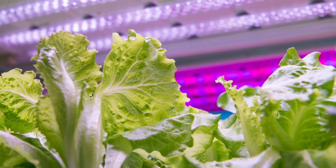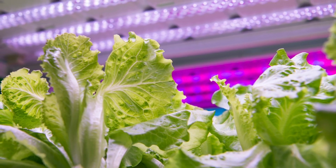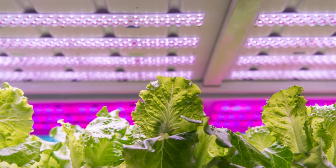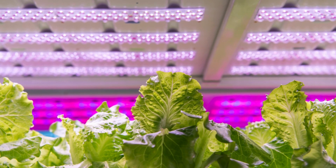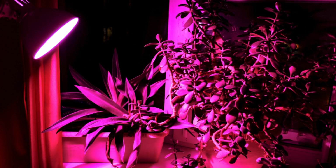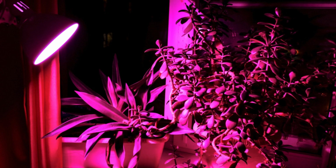In conclusion, LED lighting is transforming modern agriculture, offering not just substantial crop yield but also enhanced quality. With precise control over light conditions, farmers can contribute to healthier and more appealing produce. The future of farming is bright with LEDs,